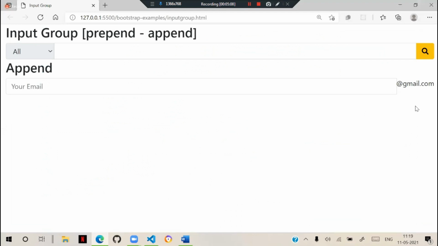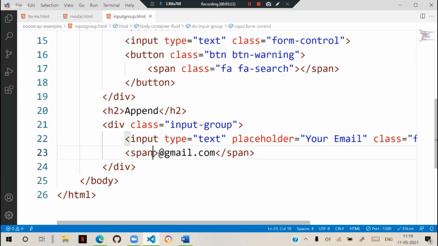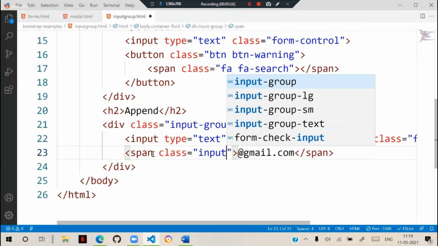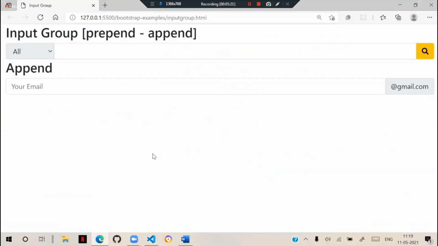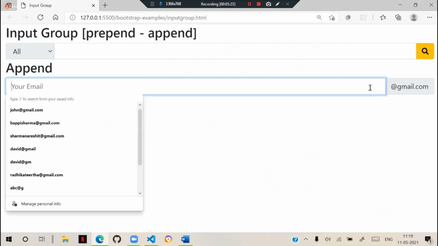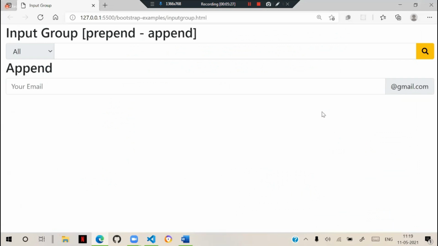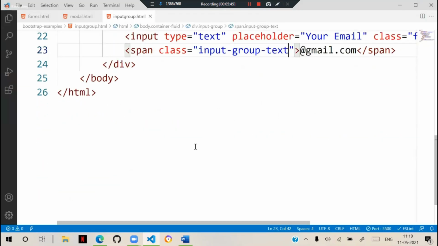And I want it to be combined inside that area. Then generally what we can do is we can give this class as input-group-text. Input-group-text, it looks like it is added to the right side. That means you can have append. Append means right side it will be there. You can have both append and prepend, right side and left side. You can have prepend also. Prepend also you can define. So combinations, that means here